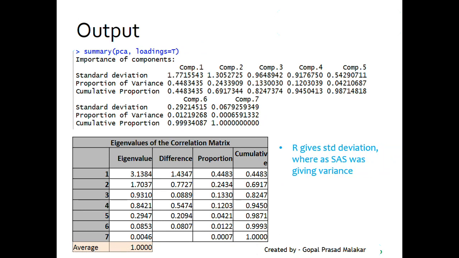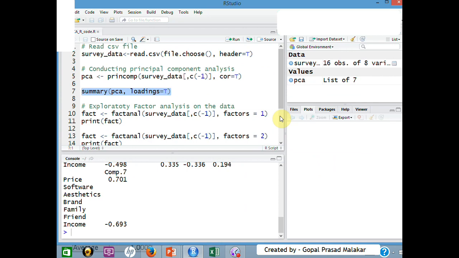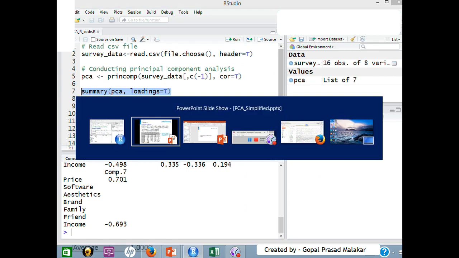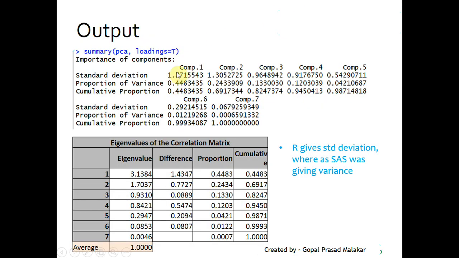So that's what you have seen. If Excel has come up, I can show it to you, but anyway it is not coming up fast. So you can actually square it: 1.77 squared will come out to be 3.13. When Excel pulls up, I'll show you that. Rest everything is very much what you are getting in SAS.